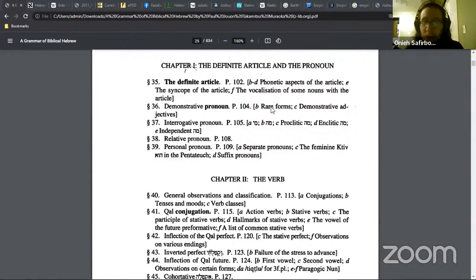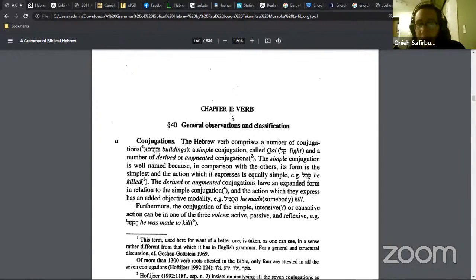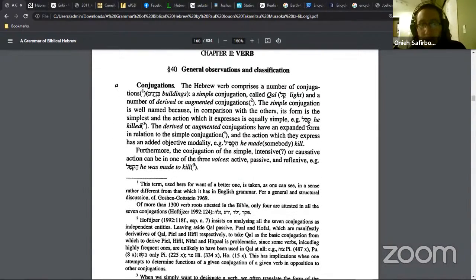So we're going to review what we talked about last Thursday for verbs. That's going to be, I forget what page, I think maybe 160. It says page 113, but I think it's 160. Section 40, let's see. This PDF file takes a little bit of time to load. Yeah, there we go. I remembered.